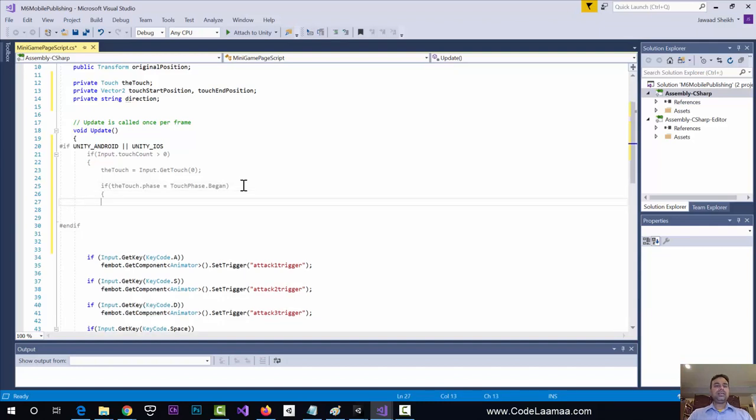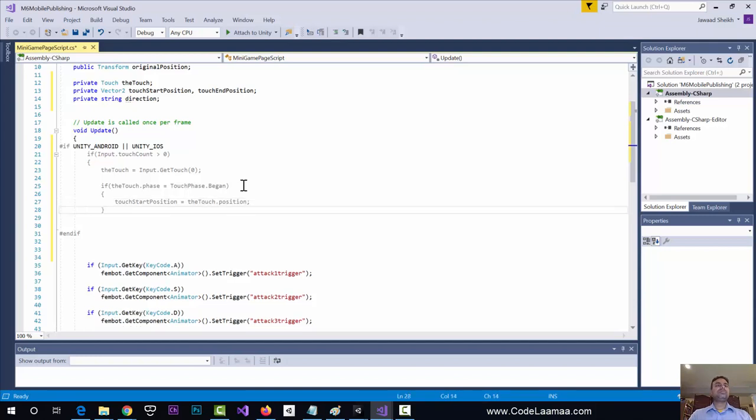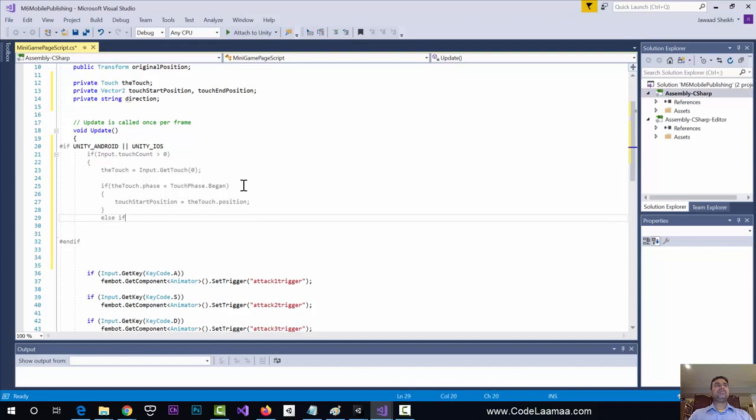All right. Then we'll set our starting position. So we'll say touch start position is equal to the touch dot position, and close it off. Else if the touch dot phase is equal to touch phase dot moved, or the touch dot phase equals touch phase dot ended,